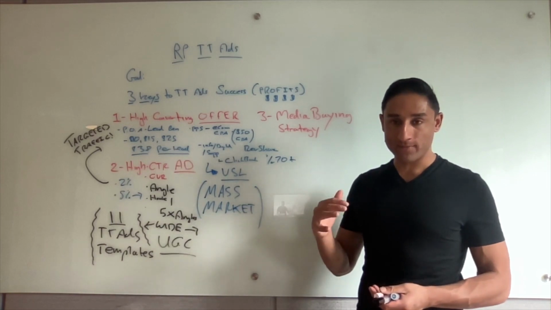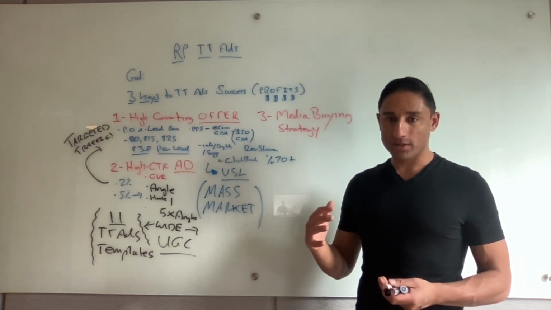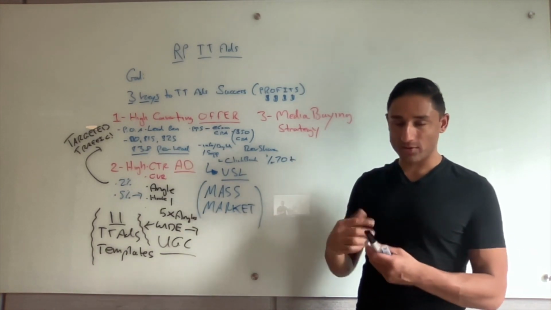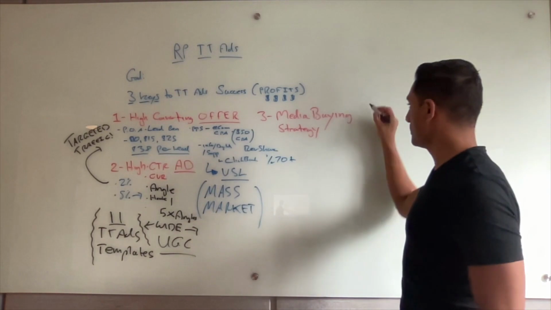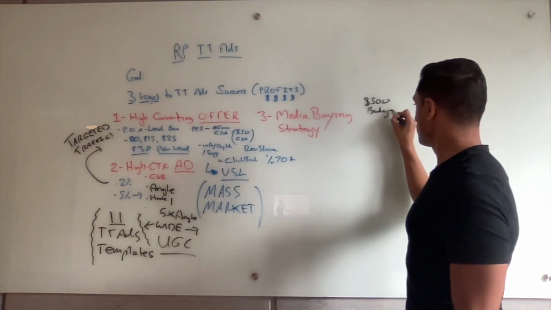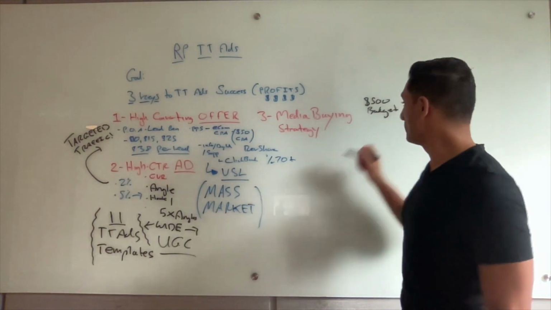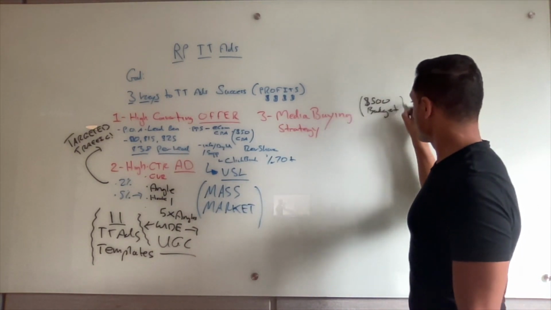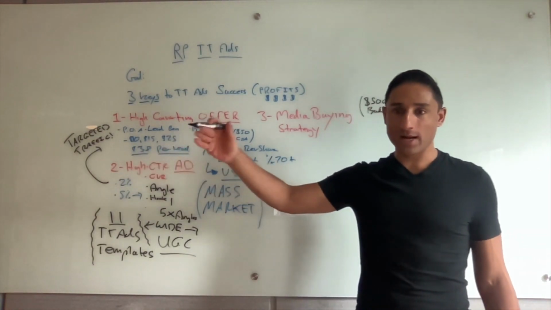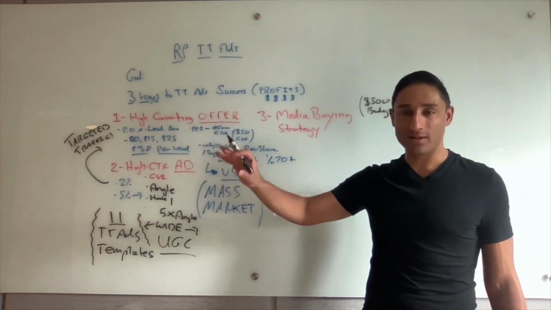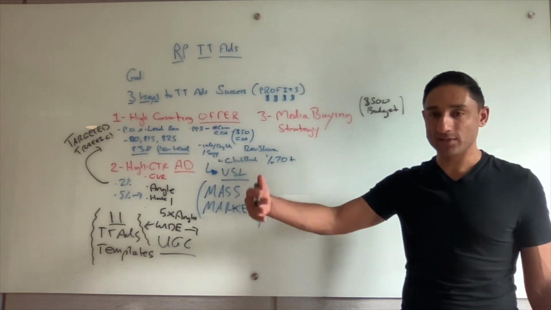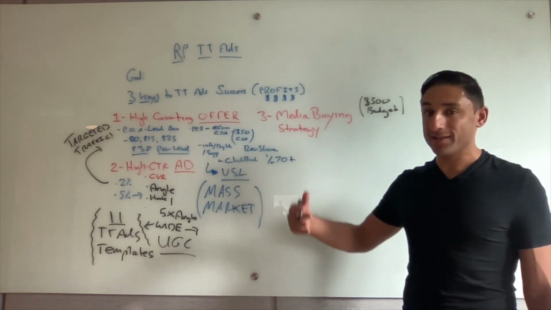And this is why, if you have a lower budget, you need to be promoting a lower payout offer. So if you've got $500 or less, right? I'm going to assume $500 budget. So my budget is $500, okay? Anything $500 or below, I will suggest promoting an offer that is no more than a $20, $30 payout. Because what this means is that you're going to be able to test more. Because the higher the payout